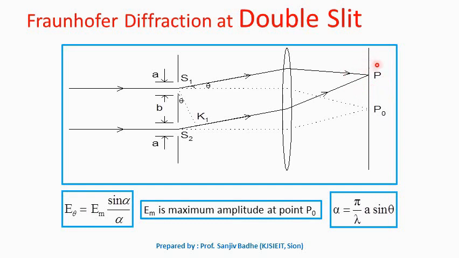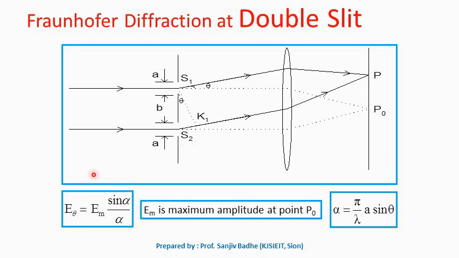Intensity is directly proportional to square of the amplitude. So we can find out intensity of light arriving at point P due to the light waves which are diffracted at an angle theta. In a single slit diffraction, we divided that single slit into n number of infinitesimally small slits, each of width dx, and so we got n number of waves emitted from the single slit at an angle theta. With those n number of waves, we found the resultant amplitude of wave disturbance going at point P